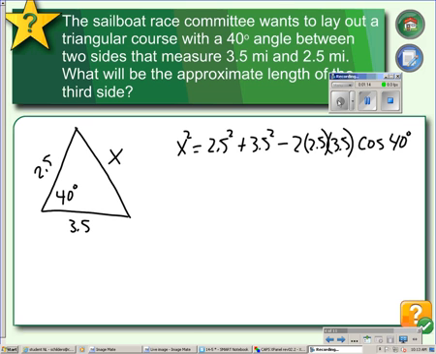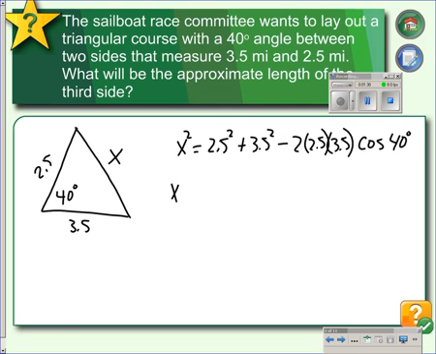When you put it in your calculator, you're going to type in the right side of this equation exactly as it appears, all in one long line. And when you do cosine of 40 degrees, make sure your mode is set to degrees. And we get x squared equals 5.094. But we're looking for x, so that means we have to take the square root of that answer, and that gives us 2.257